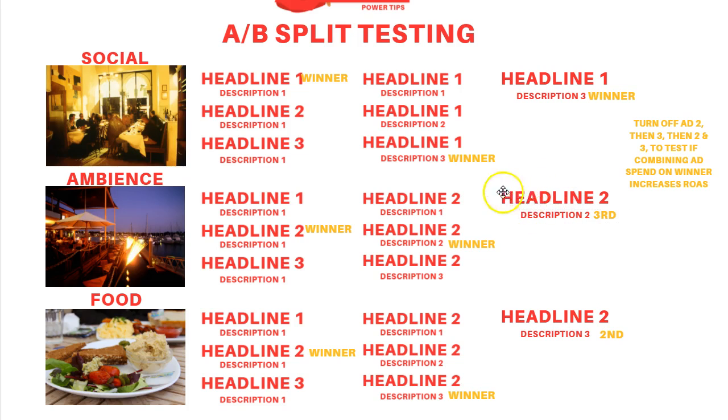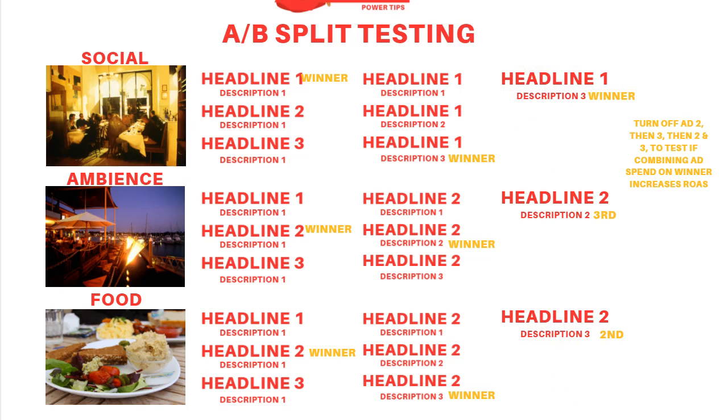And let's try turning off that one and just running this one and this one. And are we getting what we need? So say this one was $33, $33 and $33 per day. So we're spending $100 or $99 a day. Let's round off to 100. So let's turn off this one and let's bump up the spend on that one and that one to $50